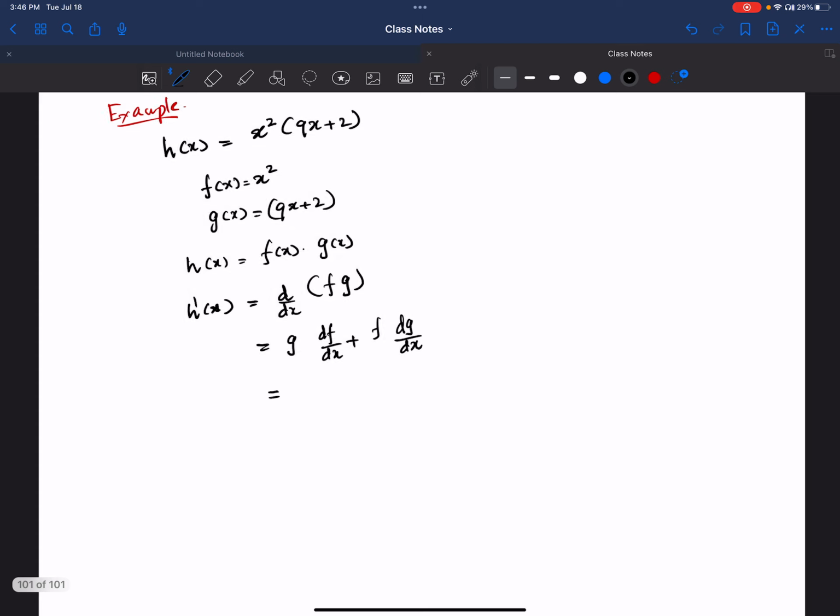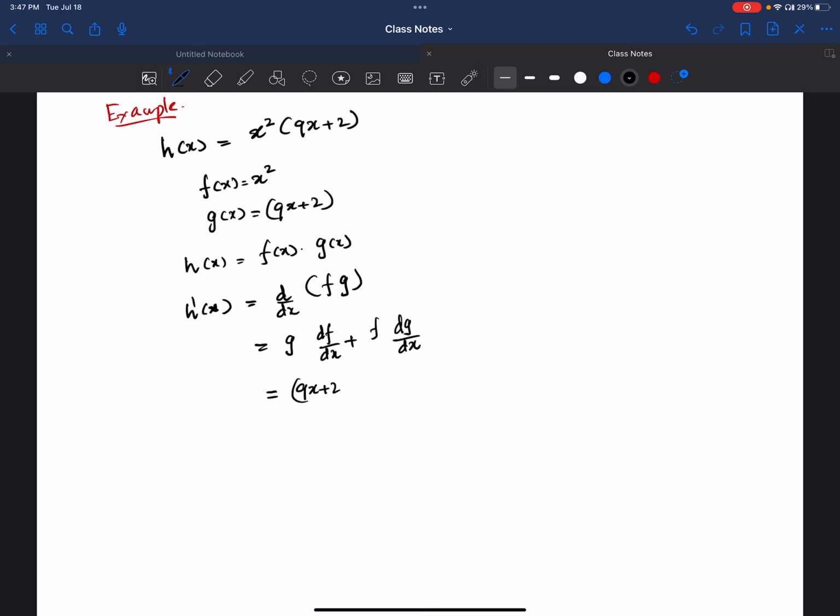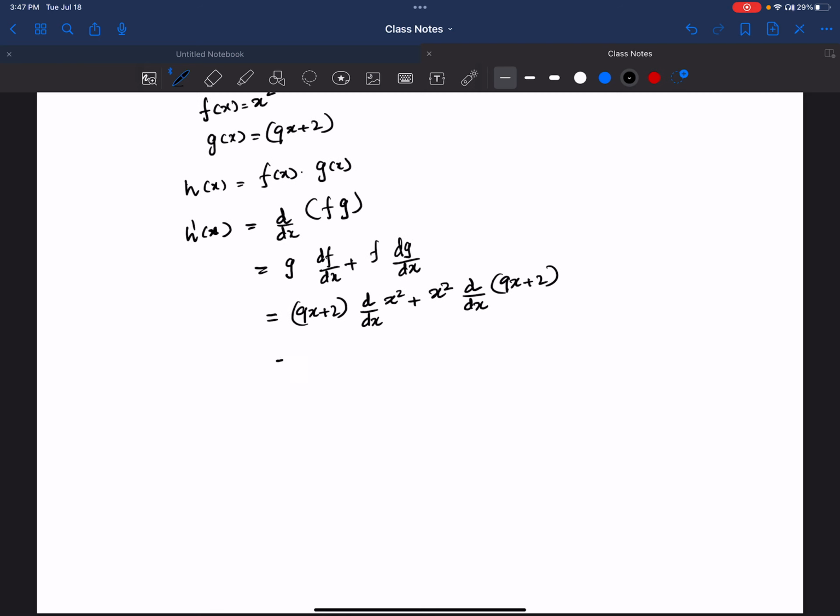So g is in this case 9x plus 2 times d over dx of x squared, plus f is x squared times d over dx of g, which is 9x plus 2. So this is (9x plus 2) times 2x,